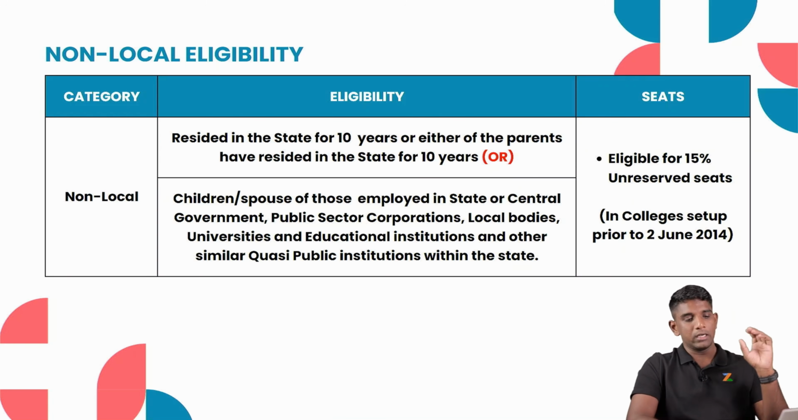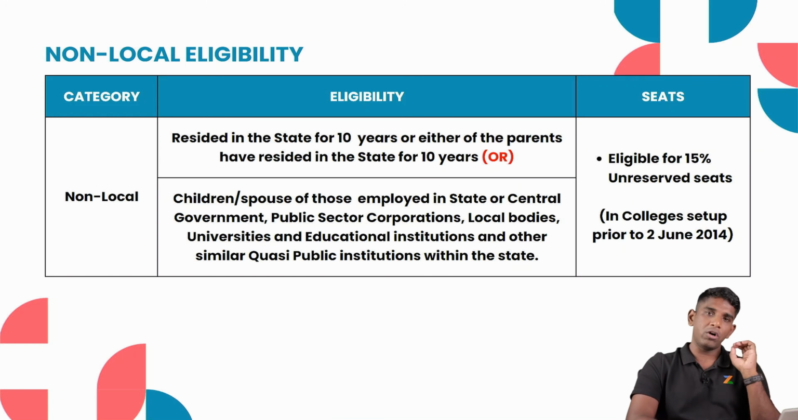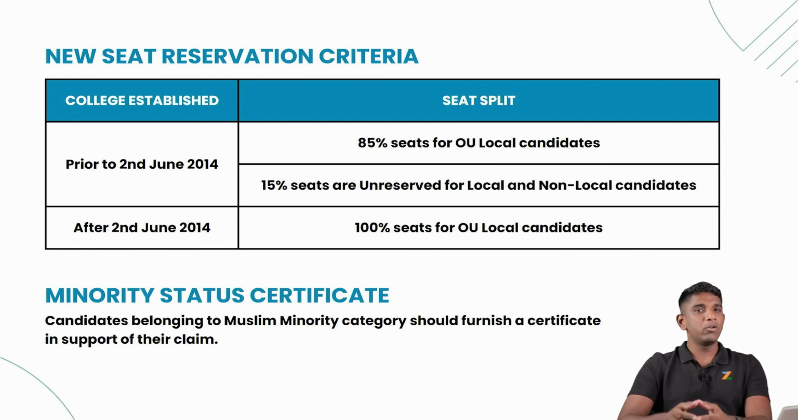And this eligibility is also for colleges that were set up prior to 2nd June 2014. Now we look at the new seat reservation criteria. This is actually a change from last year. So let's look at what it says. The colleges that were established prior to 2nd June 2014, this is before the Andhra Telangana split,